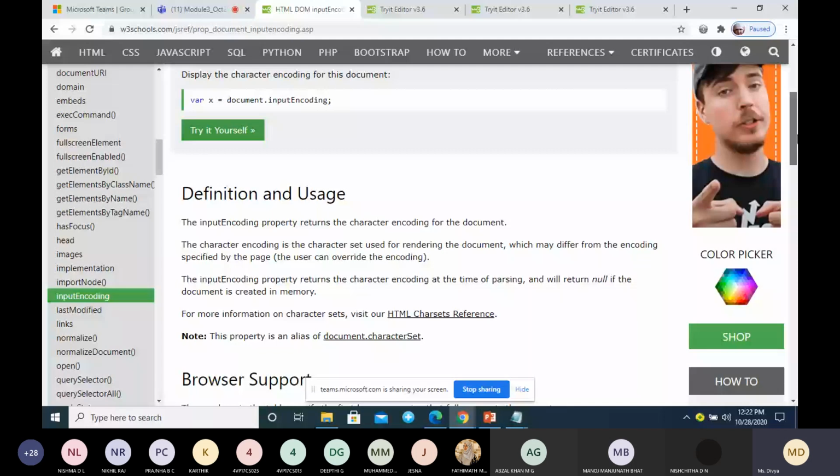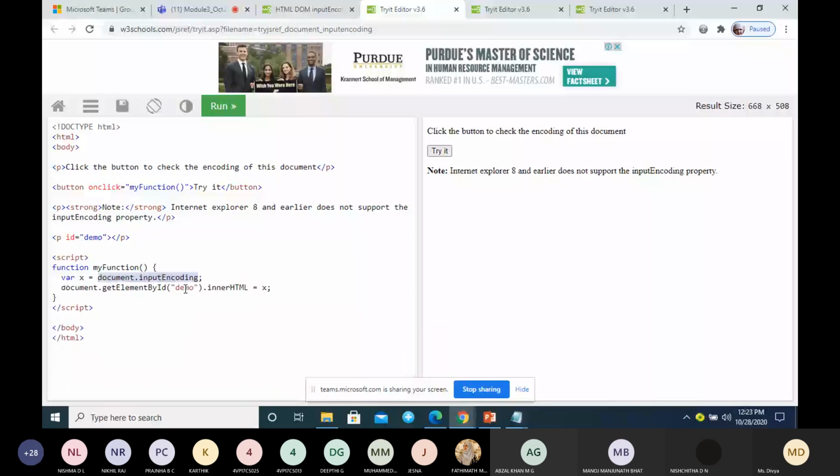Here also it can give you the encoding type. Usually we use UTF-8, and in the program, by default also it is UTF-8.